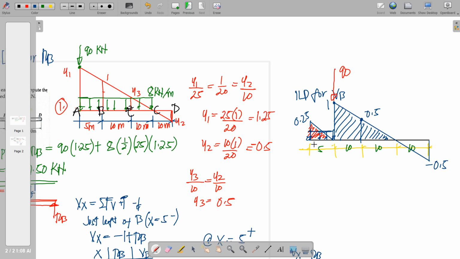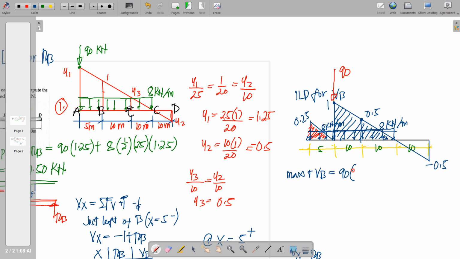Say the uniform live load is equivalent to 8 kilonewton per meter, and of course we want to place the distributed load on the positive area of the triangle. So this is also 8 kilonewton per meter. We neglect the area here because we are just referring to positive values. Therefore, the maximum positive shear at B will be equal to